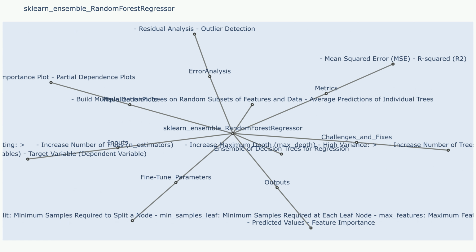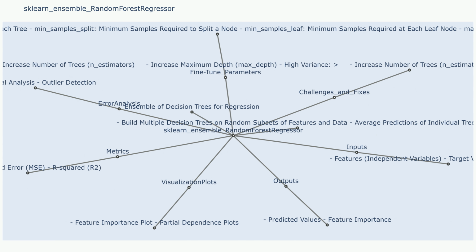Challenges and fixes. Challenge 1: High training time. Constructing a large number of trees can be computationally expensive, leading to long training times. Sample use case that resulted in Challenge 1. Training a random forest model on a data set with a million data points and hundreds of features might take several hours. Fixes to Challenge 1. Reduce the number of trees (n estimators). Employ parallelization techniques to train trees simultaneously. Utilize a GPU for accelerated training.